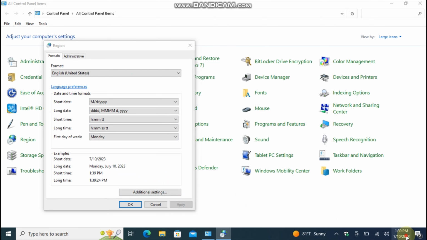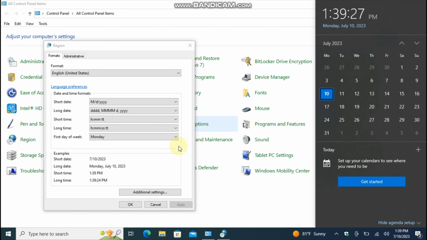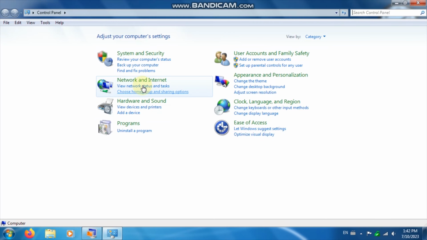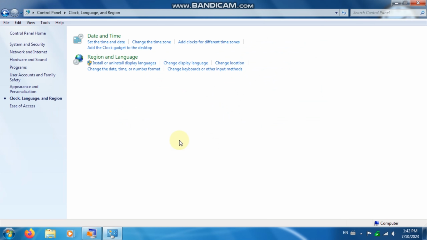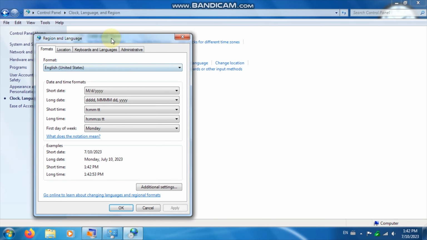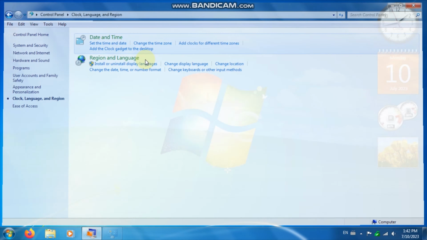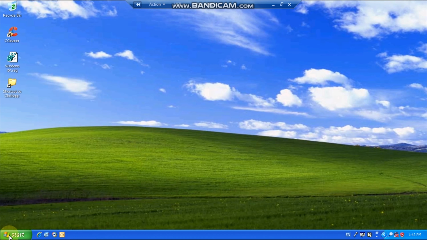start. If you don't want to switch to Icons view, but instead prefer Category view, expand the Clock and Region or the Clock, Language and Region category, and under Region or Region and Language, follow the link Change the date, time or number formats. If you are using Windows XP, you cannot set the first day of the week as